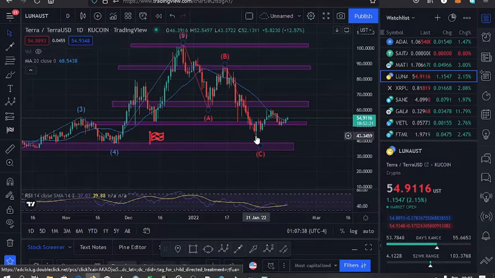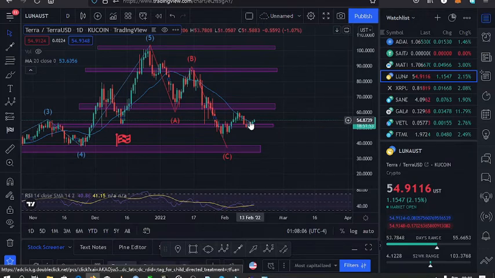And from there we started seeing a bounce to the upper side, found support on the $52 mark. The price for some time has been oscillating between here, and we are trying to break to the upper side. And at the moment you can see that the 50-day MA is giving support on this point around here. We have support on the 50-day MA, and some of the key scenarios that I expect to play out over here are that